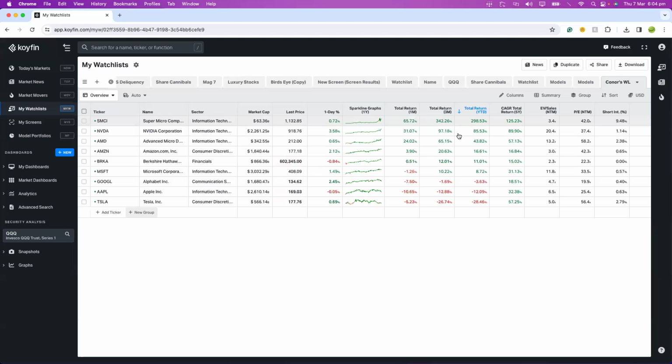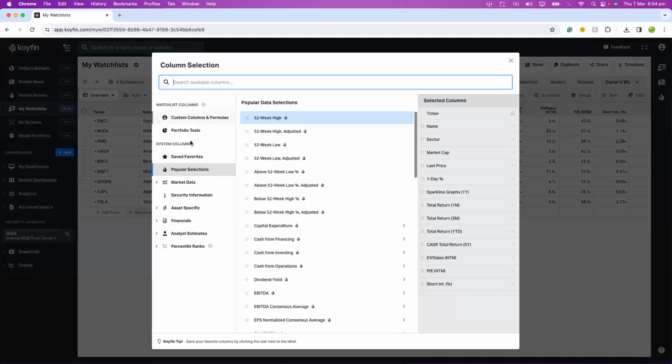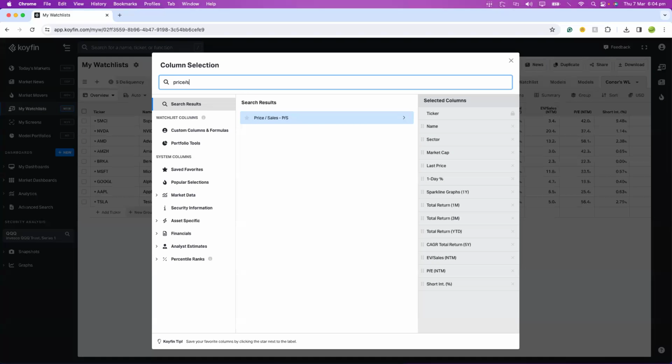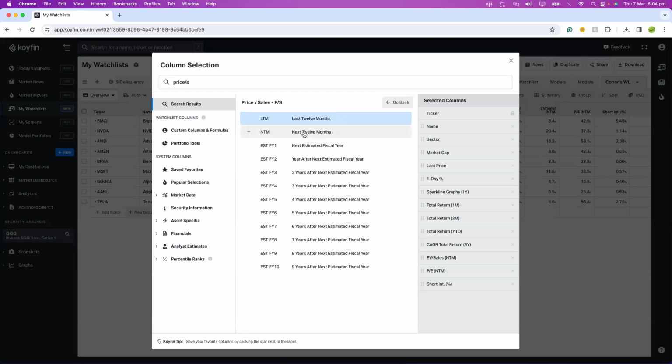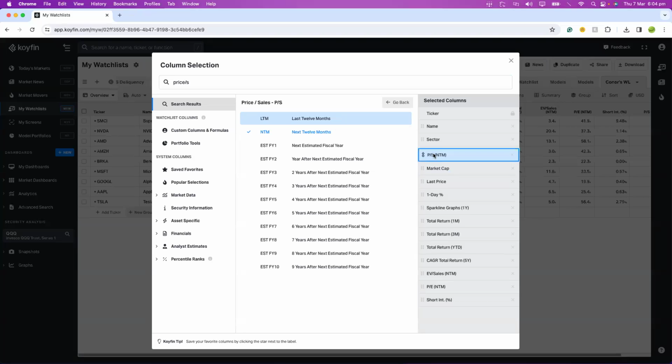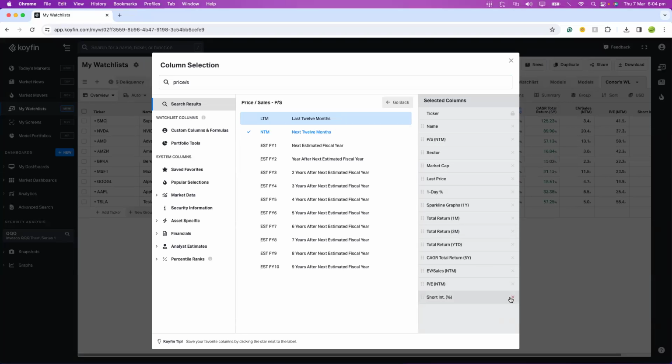Maybe we don't want these columns in our table. We want to pick something a bit more interesting. Let's go ahead and go to the column picker. So here you can use the search bar if you're interested in price to sales, for example, you can just type that in and you can select it, choose your basis. Let's go forward. We can also rearrange all these columns here as well as delete some of the ones we're not